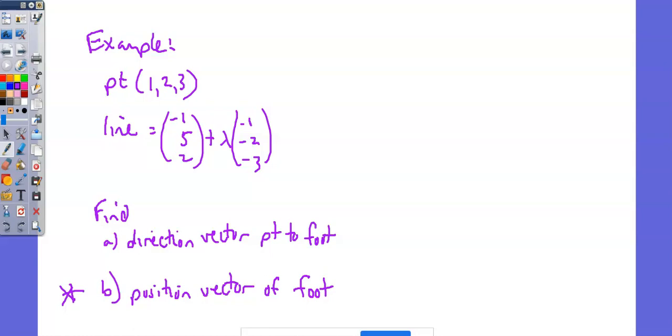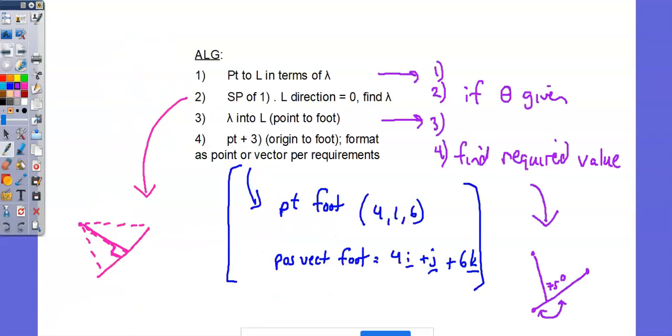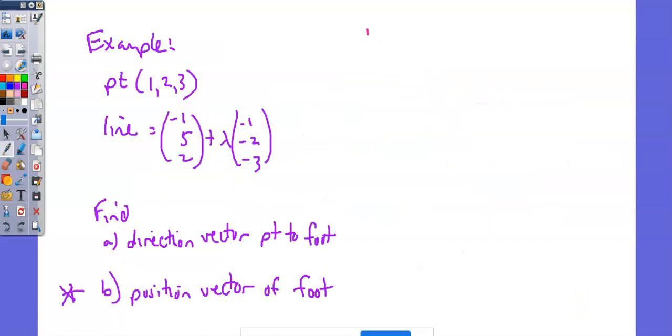Let's go back and follow the algorithm. So 1, point to line in terms of lambda. What that means is line minus point. When you're doing vector AB, you want B minus A. Here we're going from point to the line, so line minus point. So the line component is going to be, and we're using in this step,